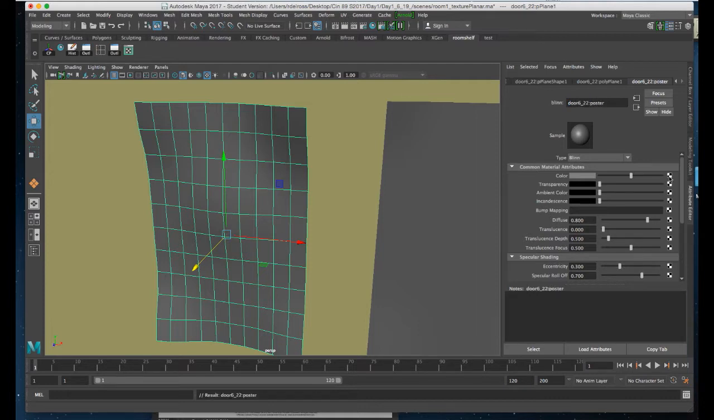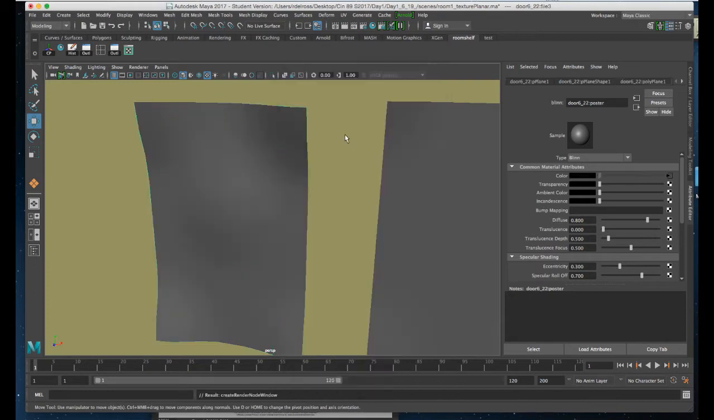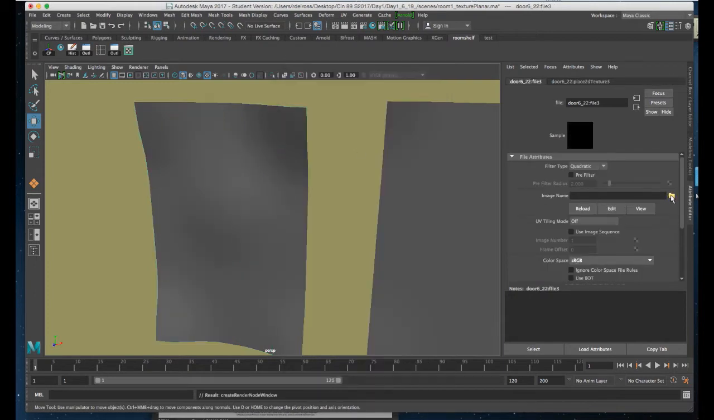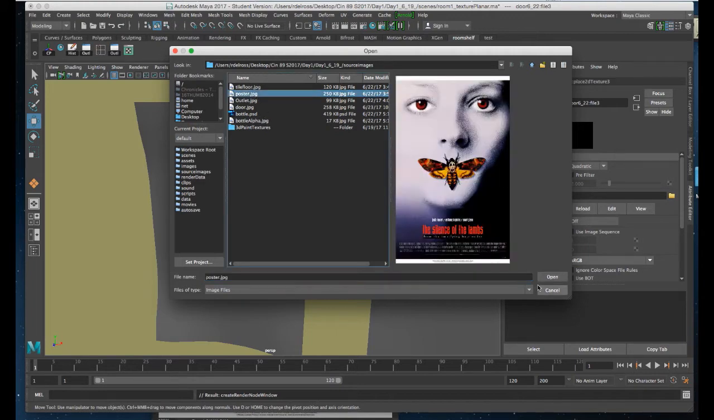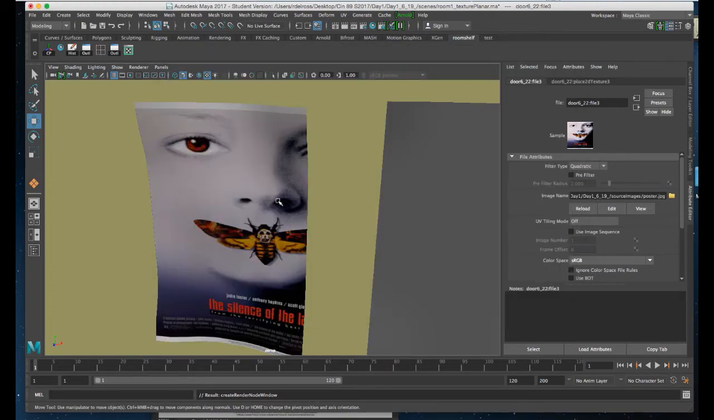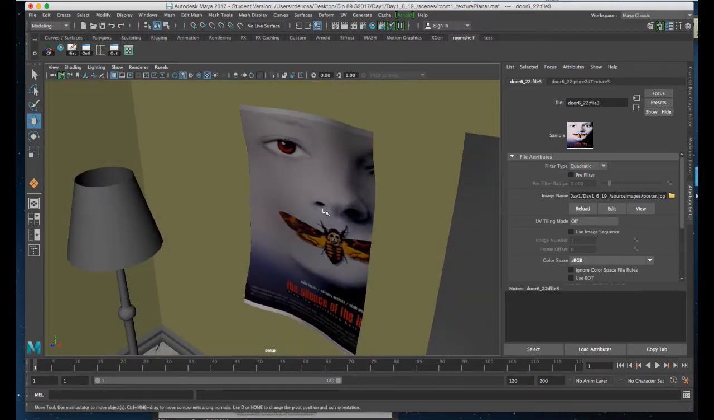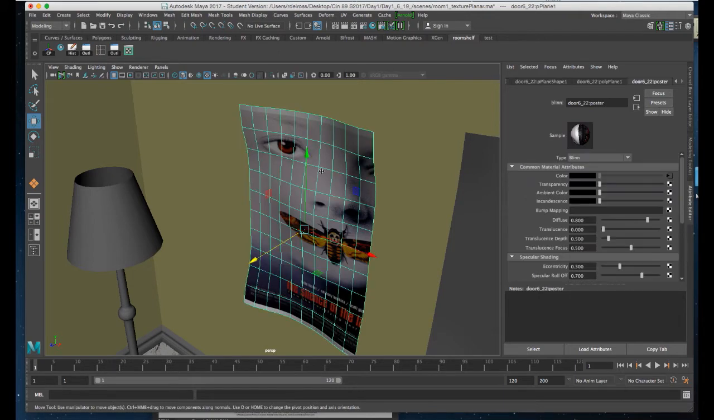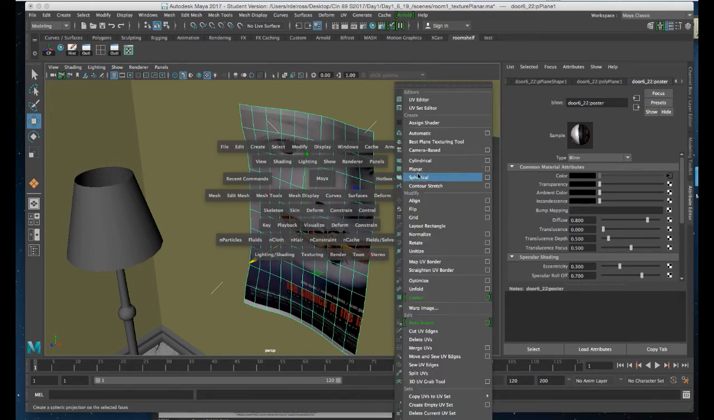And I'll click on the checkerboard pattern next to color. Once again, in the Create Render node, I'll click on File, and I'll get my texture, and I will go to Poster and hit Open. Now, this is not what I want. So this is where we need to go in and adjust that planar mapping that we used on the floor and the door. I'm going to select the geometry, hold down my spacebar, go to UVs, and choose Planar Mapping,